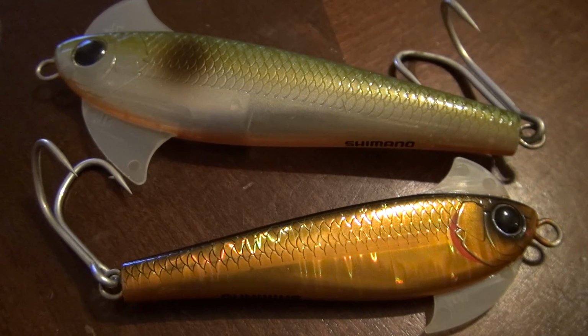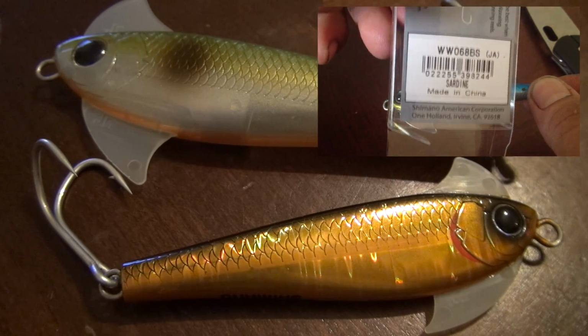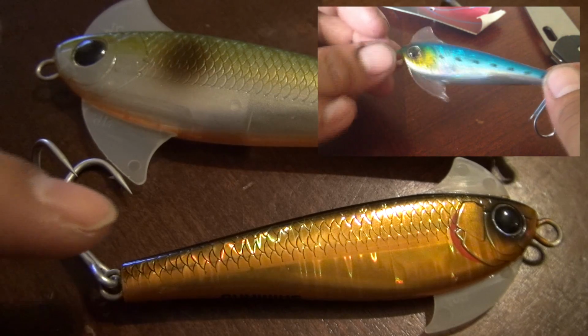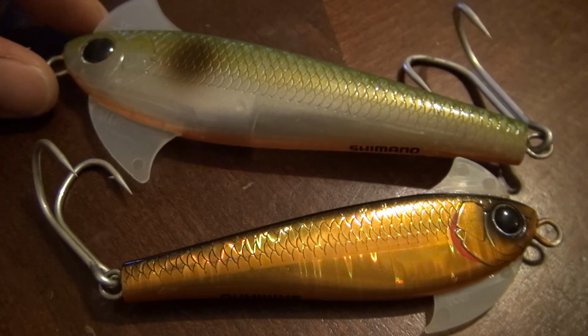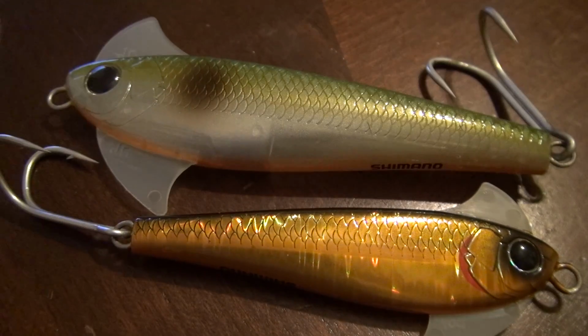I had a chrome one, and I had a sardine color one. And by far the sardine color one was probably the best looking one out of the bunch. This one right here is the gold, and this one, I think, is a green shad is what they called it. One of the reasons why I bought this was because it was a very unique design